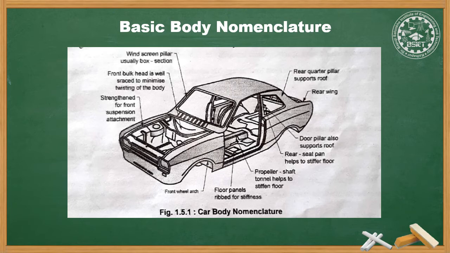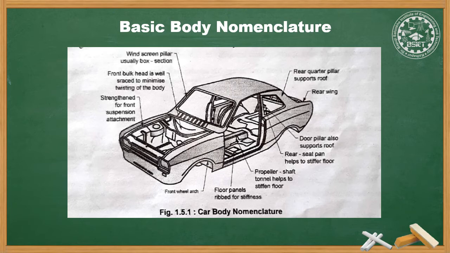Each panel of a body is designed such as to give sufficient strength and rigidity to the assembled unit. The basic structure of a body consists of two types of panel, namely outside panel and inner panel. The outside panel provides the contour shape of the car body, that is the shape of the car body, whereas the various types of curved shape given to the panel incorporate strength into the panel, whereas the inner panel reinforces the shell body. They also provide mounting location for various panels and assemblies.